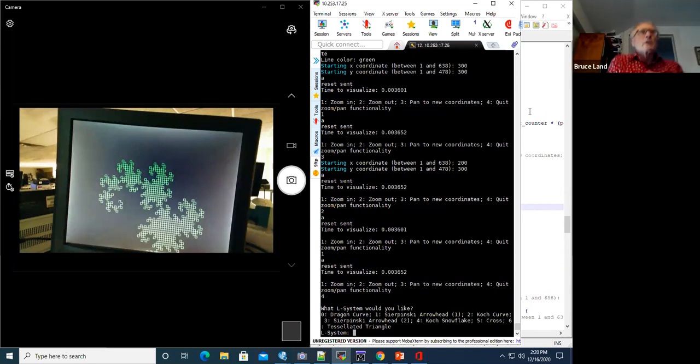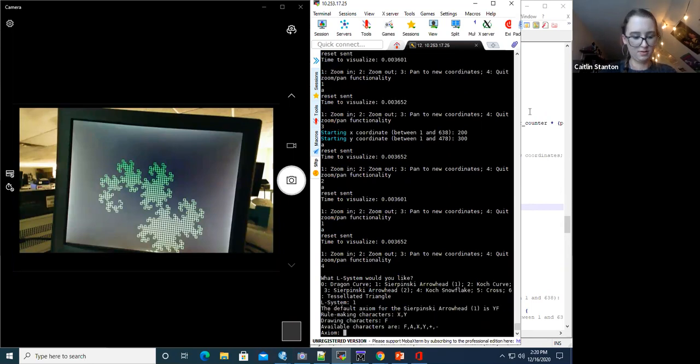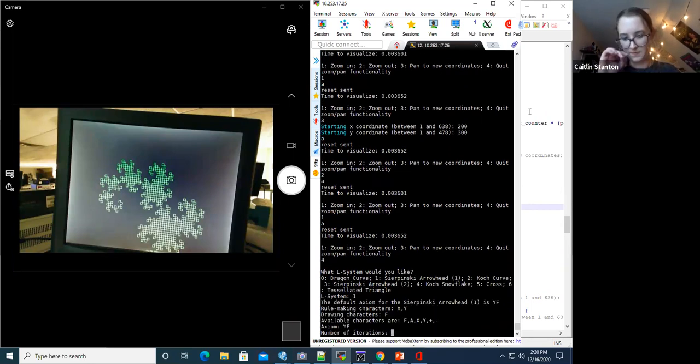Yeah. Okay. So we can do a Sierpinski arrowhead. Right. And then